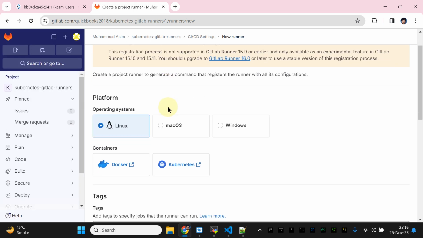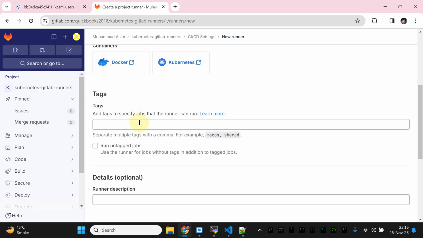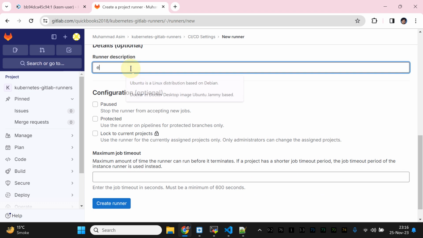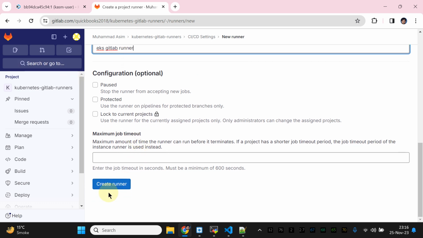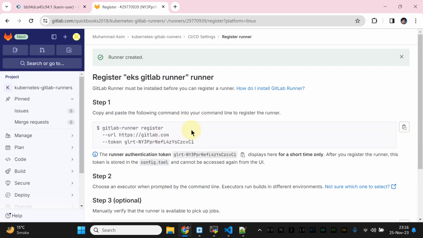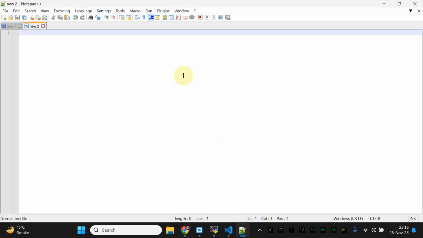runner, click new project, right? I'm going to select Linux and I'm going to add one tag. You can give any tag. So let's say I'm going to give this tag, and you can give any description, EKS GitLab runner, right? And I'm going to create it. What it does is provide the URL and also the token. So I'm going to copy this token here